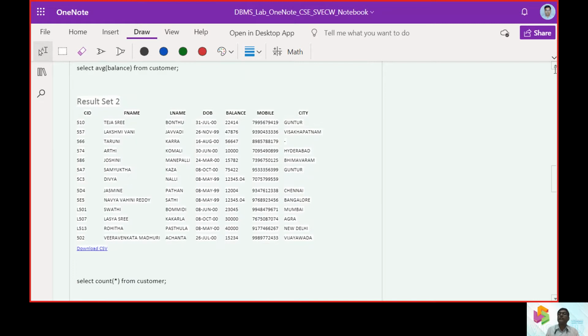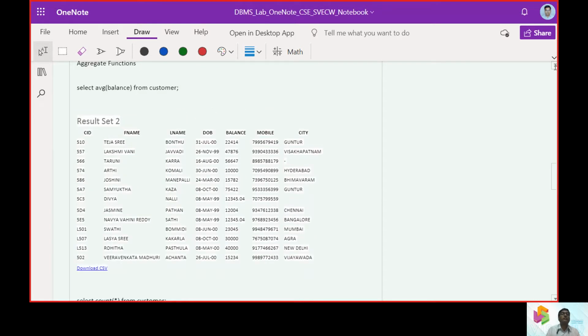The first type of aggregate function that we will look at at this point is average. So we get this average function here, and average is one of the aggregate functions. We have average, we have minimum, we have max, and sum. So these are some of the examples, and if we want to count the number of rows, we'll be using count and so on.